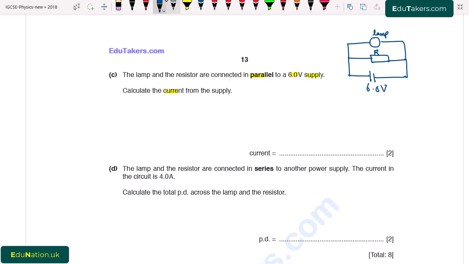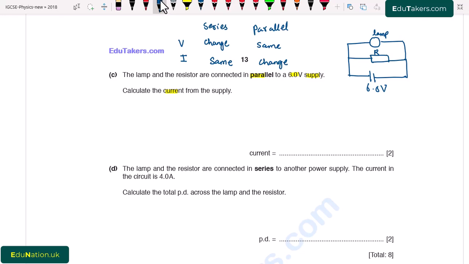So we have to find out the value of current. For that we have to know the series and parallel combination, that which quantity remains same and which changes. So I write here series and parallel. And here I write potential difference and current. So in the series, potential difference changes while current remains same. And in parallel, potential difference remains same while the value of current changes.